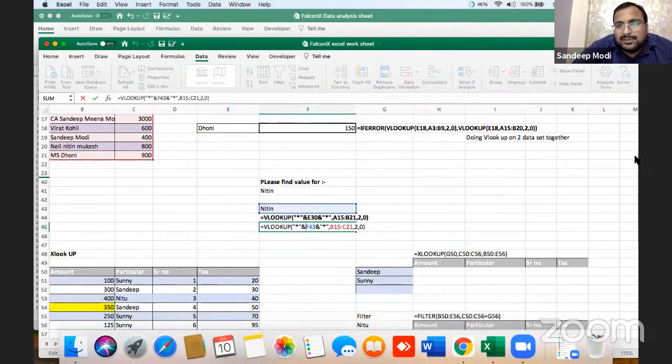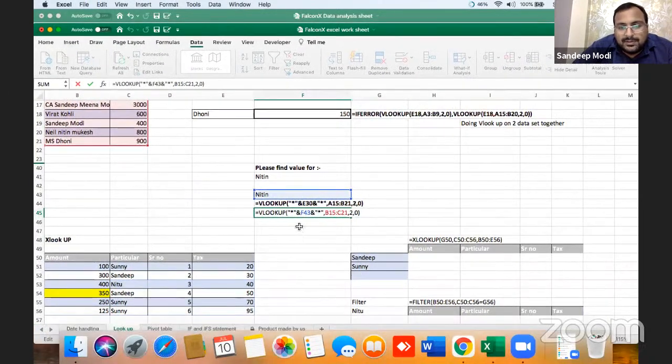Now, as you can see, these are the two asterisk signs you can use. This is the special character. This is how you can find the Neil Nitin Mukesh value or Mr. Virat Kohli, CA Sandeep Modi value. You can easily find it. There is a specific suffix also and prefix also in the lookup value.